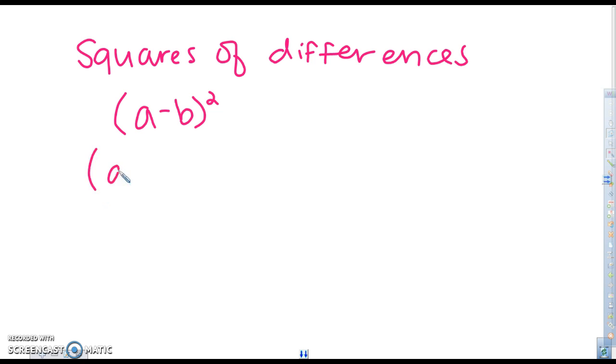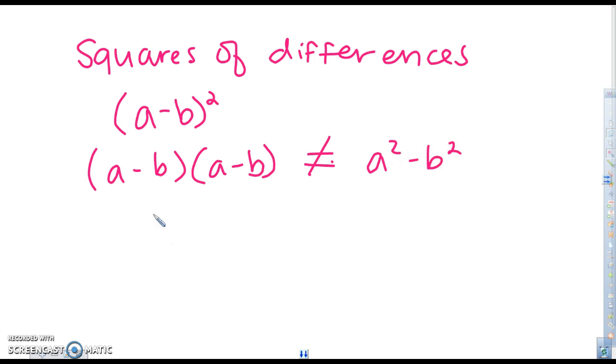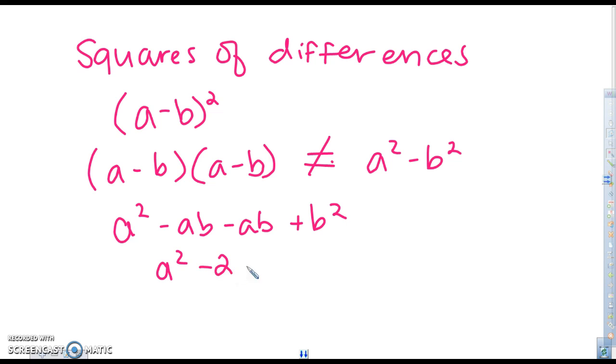Again, when I write that out, it's A minus B times A minus B. In no way is that equal to A squared minus B squared. It's not. Remember, if I FOIL it, I'll get A squared minus AB minus another AB plus B squared, which simplifies to A squared minus 2AB